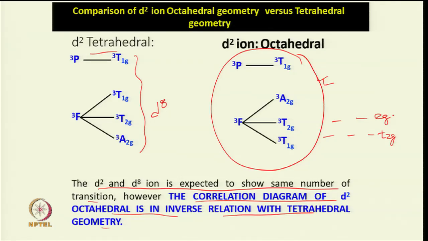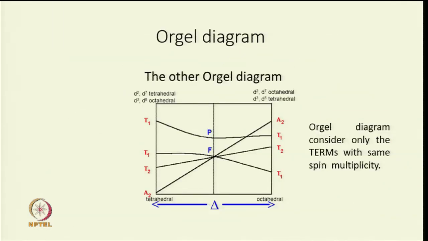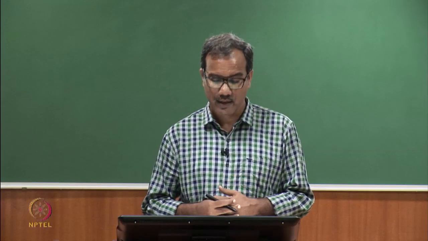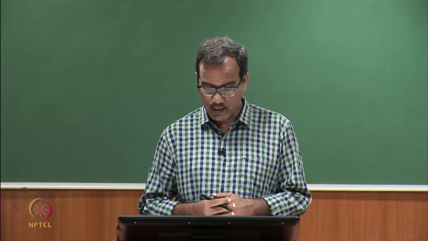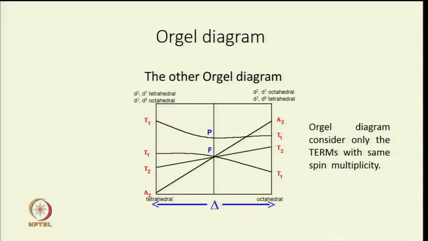the d orbital is split in the presence of an octahedral field, whereas in a tetrahedral field E is down and T2 is up, and that is why we are getting this kind of inverse relationship. So, it is because of the approach of the ligand to the ion. Now, there is another diagram called the Orgel diagram, and in the Orgel diagram